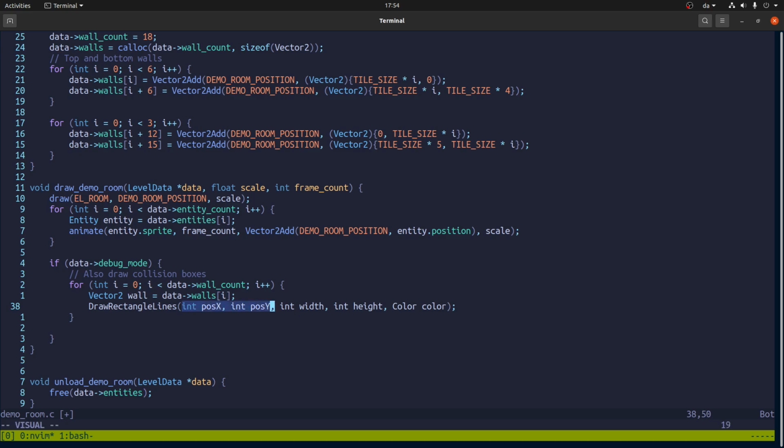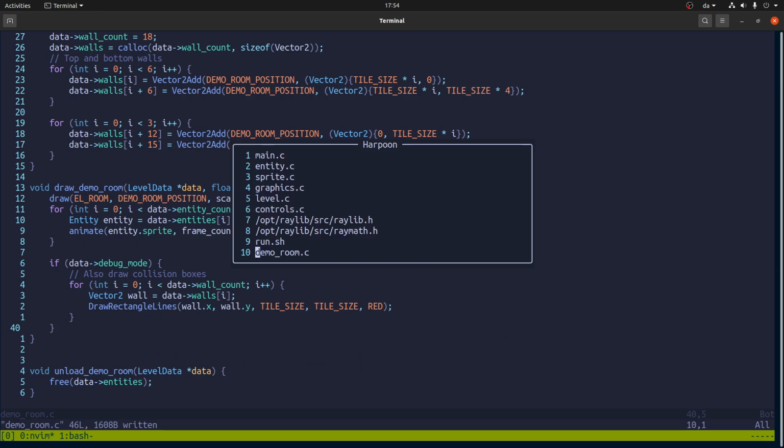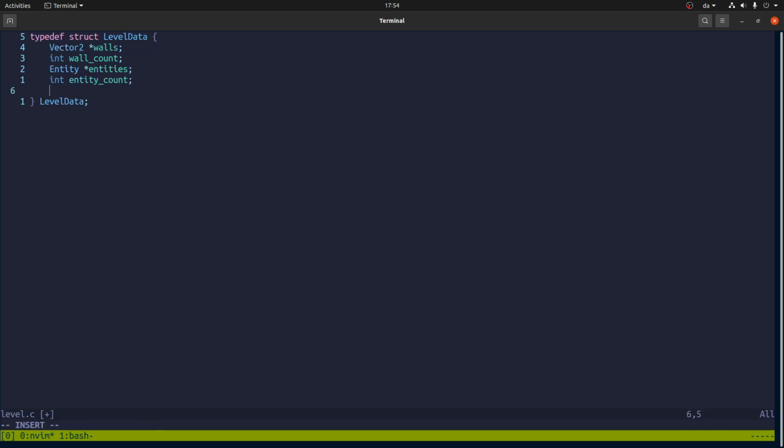So, couple positions, that's going to be wall X, wall Y. The width can be 2. The width is of course tile size, the height is tile size, and the color can be red. But now we need to add that debug mode, so call this something else later. So debug mode,